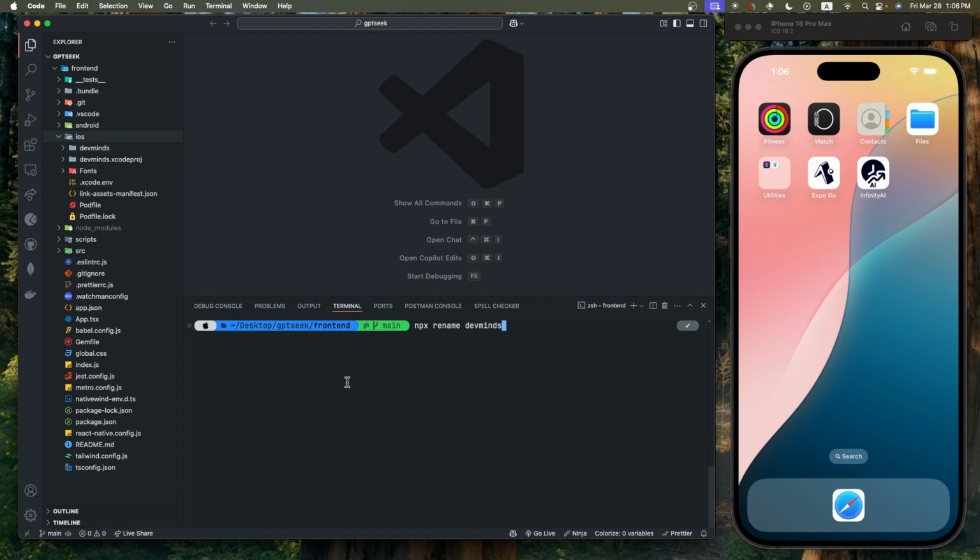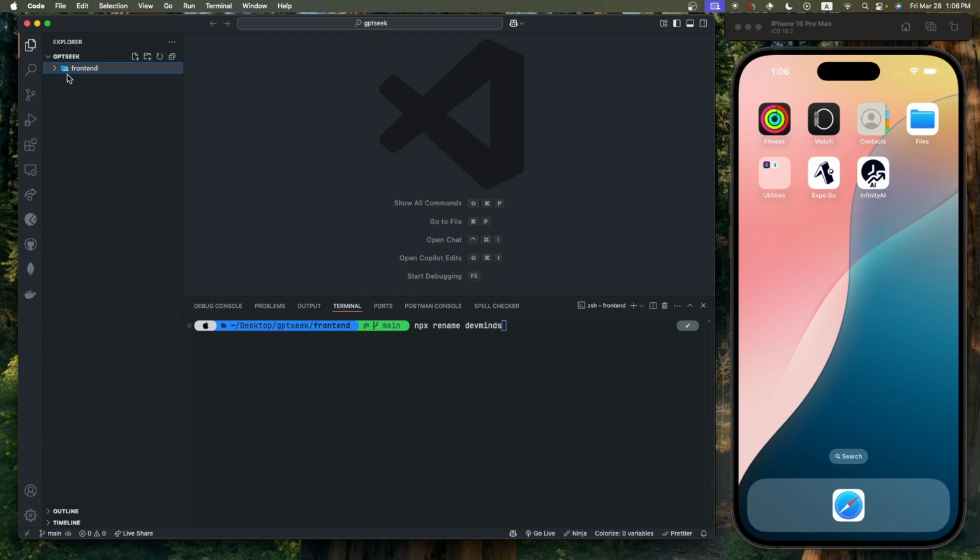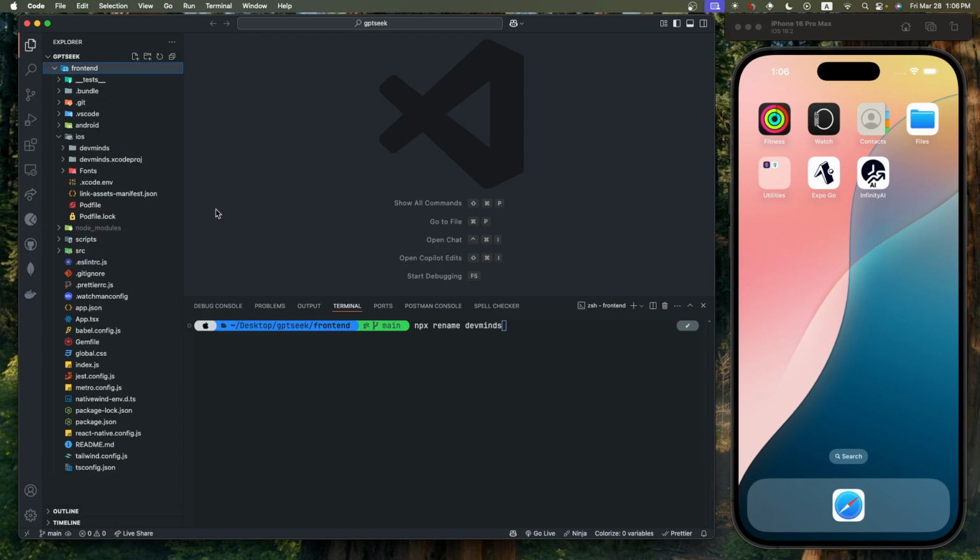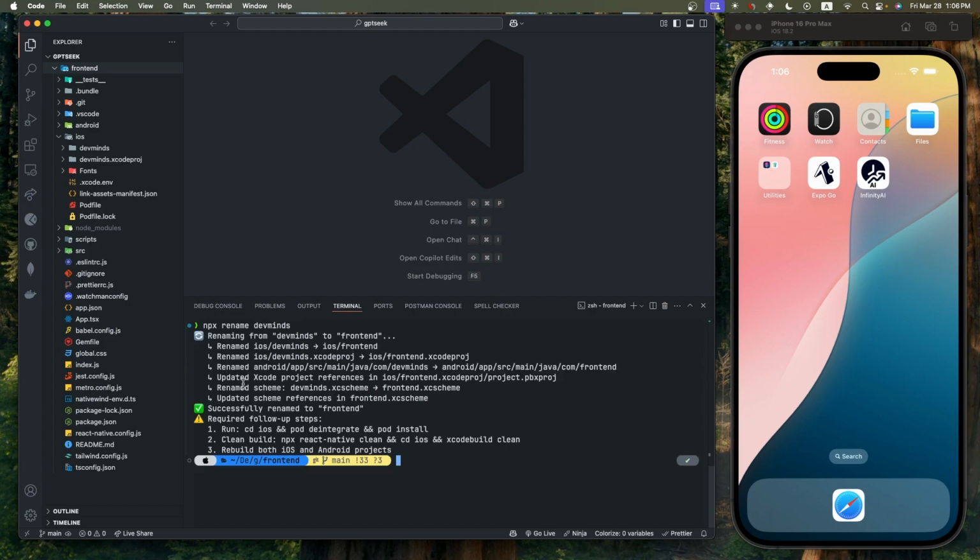This will change everything to frontend, which is the folder that we created, even the name of the application. We'll change it later. If you change that frontend name and name it as you want, it will be changed as yours. Okay, just take a look. You see, frontend,